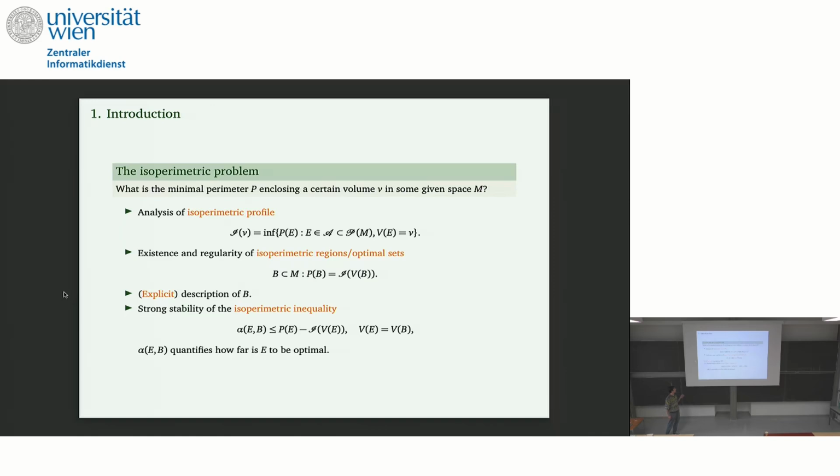Then, of course, what you would also like to have and to determine is an explicit description of isoperimetric sets. Of course, this is a very difficult problem in general. So usually, description can also be thought of in a more qualitative sense. So, for example, is the set convex? Is the set connected? Is it regular? How regular is it? But of course, the Graal, at least in my opinion, of this general isoperimetric problem is to have an explicit geometric description. So I tell you the ambient space, I tell you a volume, and you just give me the set in front, right? I can see it, I can measure it, makes sense. And then once you have this,